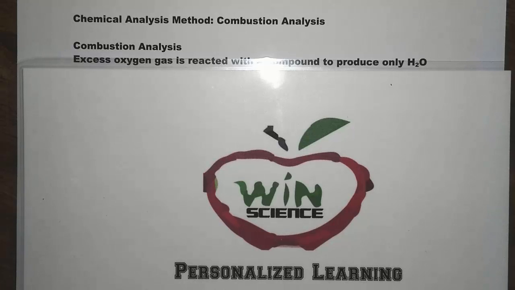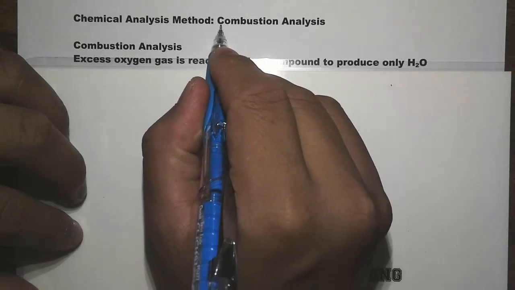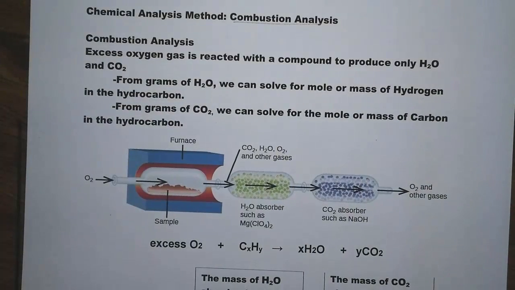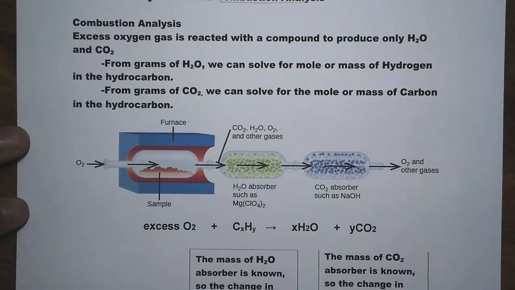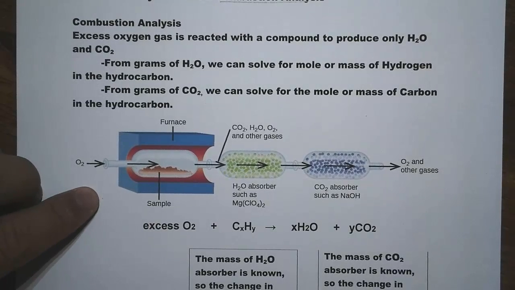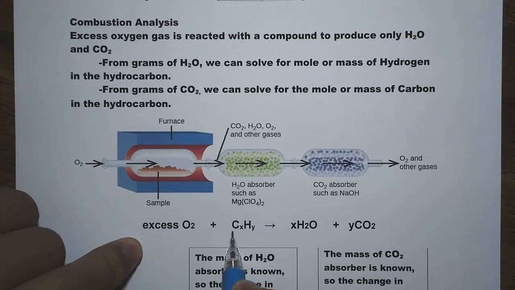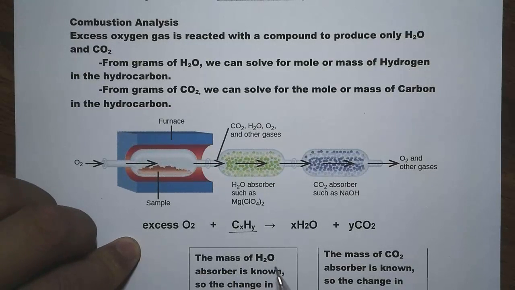In this lesson, we are going to learn about the chemical analysis of combustion analysis. That is, we are going to use the chemical reaction of combustion in order to understand the chemical formula of a substance. So in this case, what we have here is the process of combustion analysis. And if we look at the chemical reaction of combustion, we would have a sample of hydrocarbon, and this hydrocarbon